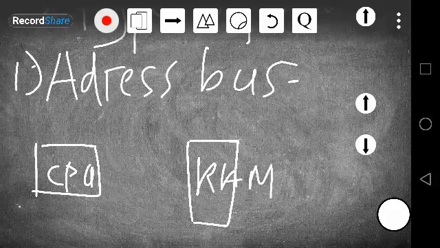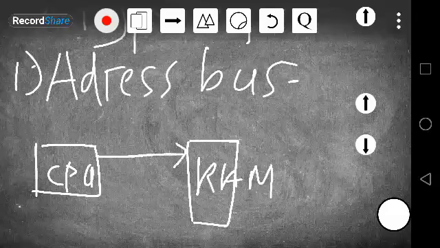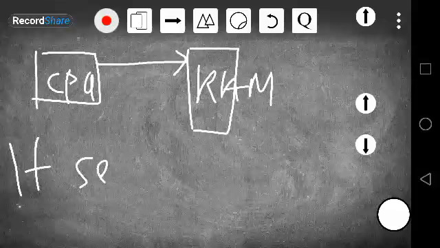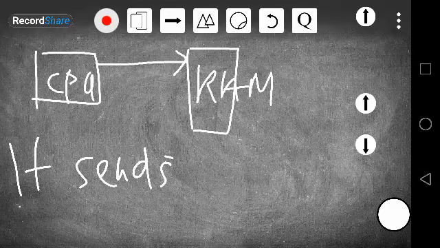So, what happens is, in address bus, okay, we'll send memory address along the bus. So basaraya ku send a memory address to the RAM. Okay? So it sends memory address